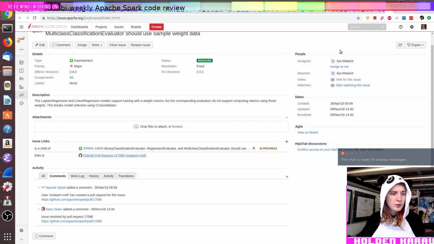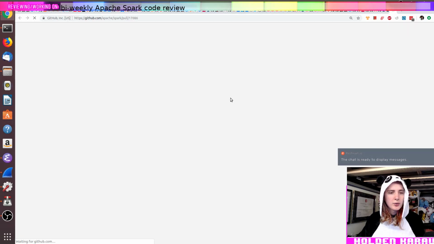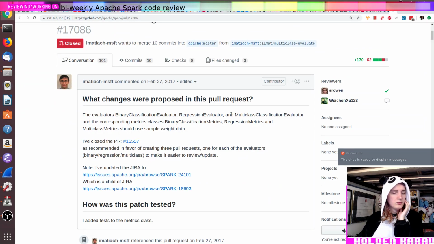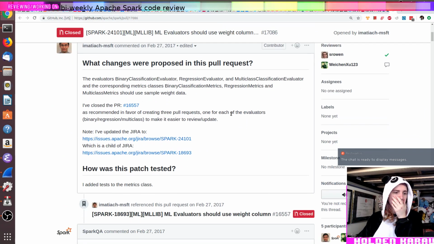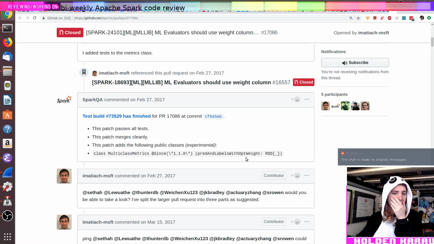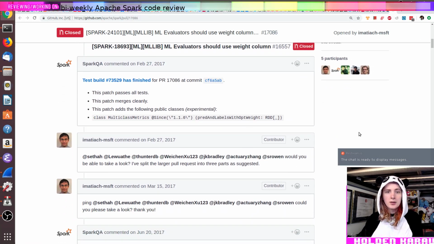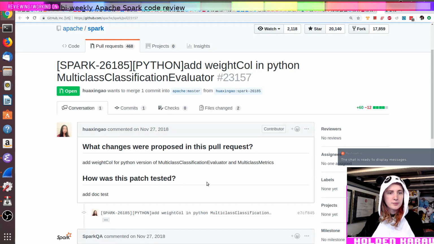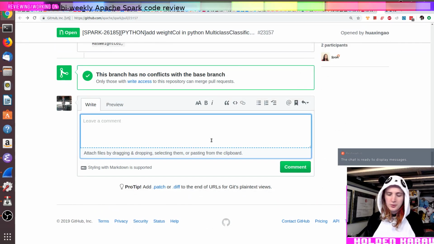That makes sense. Here's the pull request that added the weight columns. Oh, wow. Okay. So these were the reviewers from last time. So the first thing we can do is let's loop in the reviewers from the original Scala version.